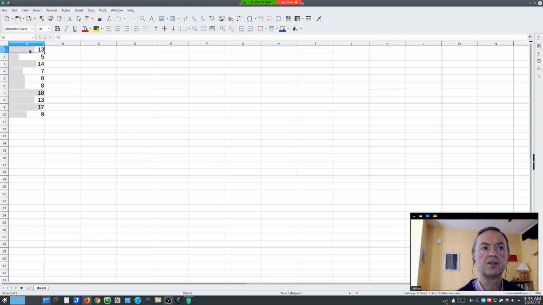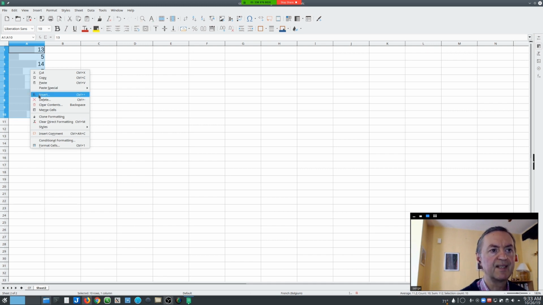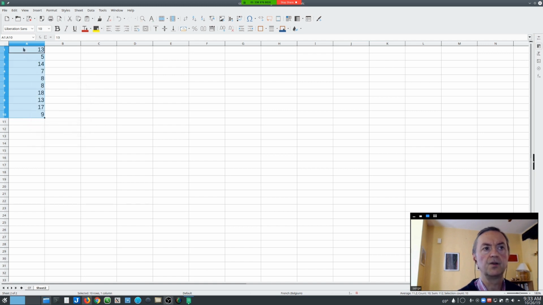You select from A1 to A10, right-click on it, and here you can clear the direct formatting. Clear direct formatting. You see, now you've got only the numbers without conditional formatting. But we could show them in a different way. I would like to see, for instance, the lowest values, then the average values, and then the good values. So you go into conditional formatting, and you choose color scale